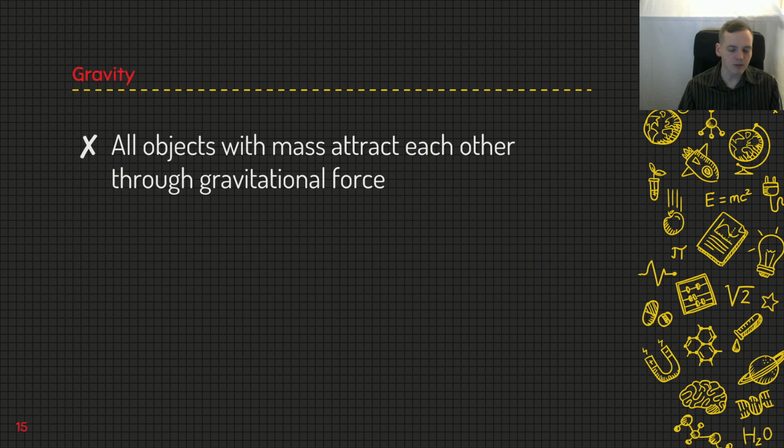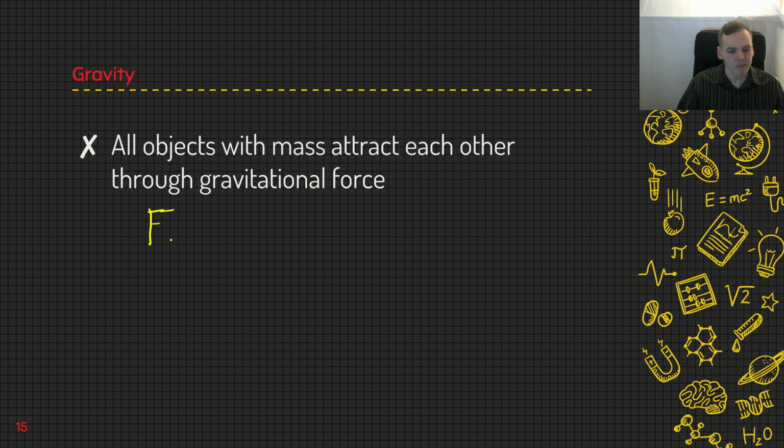And in fact, you don't have to be in the same room. If you exist somewhere in the universe and someone else exists somewhere else, you will pull on each other through this gravitational force. Now, as we will see in the equation in a minute, it's an incredibly weak pull, but it is a pull nonetheless. And this is between every single pair of objects that exist in the universe. There is a gravitational force. Most of the time, that gravitational force is near zero, so we ignore it, but it is technically applied to all things.